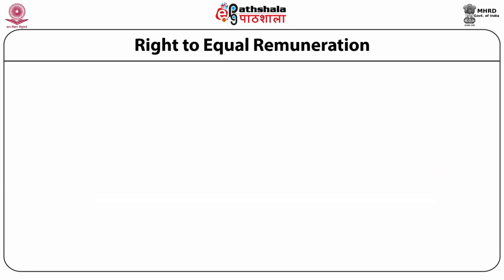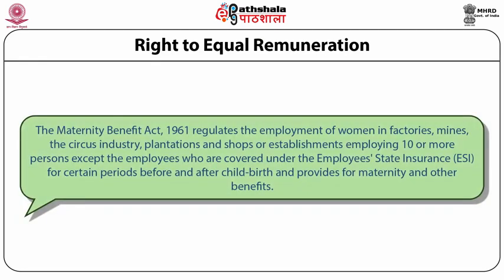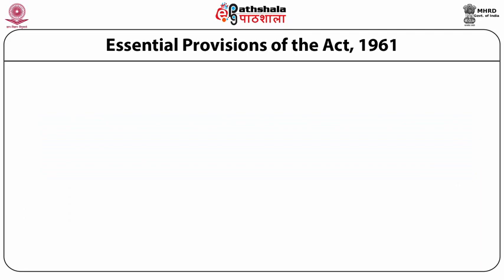Coming to another important legislation, the Maternity Benefit Act of 1961 regulates the employment of women in factories, mines, the circus industry, plantation, and shops or establishment employing more than 10 or equal to 10, except the employees who are covered under the Employee State Insurance, for certain periods before and after childbirth, and provides for maternity and other benefits. Some of the essential provisions of the Act of 1961 are: it defines child, which includes stillborn